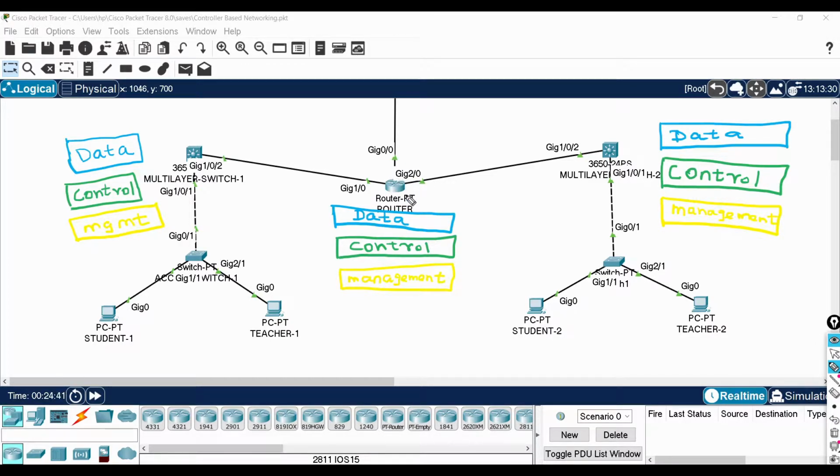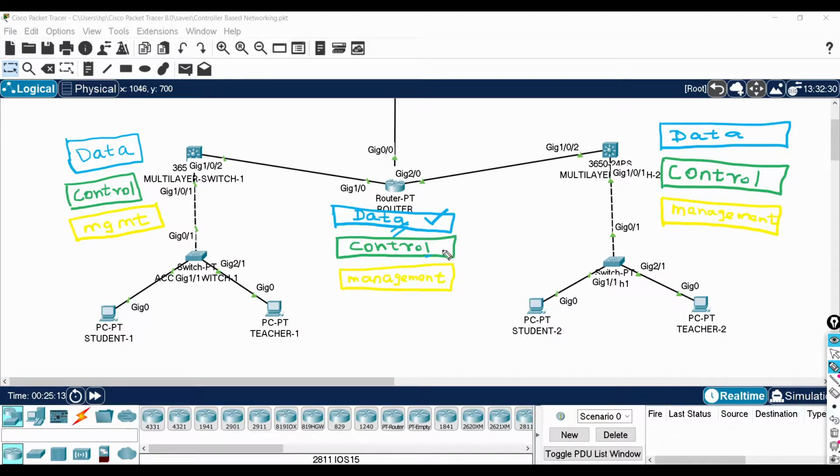It has three planes: data plane, control plane, and management plane. The data plane is responsible for the packet flow, the activities that the devices are doing over the packet. The data plane is responsible for data flow. You can keep this in mind.